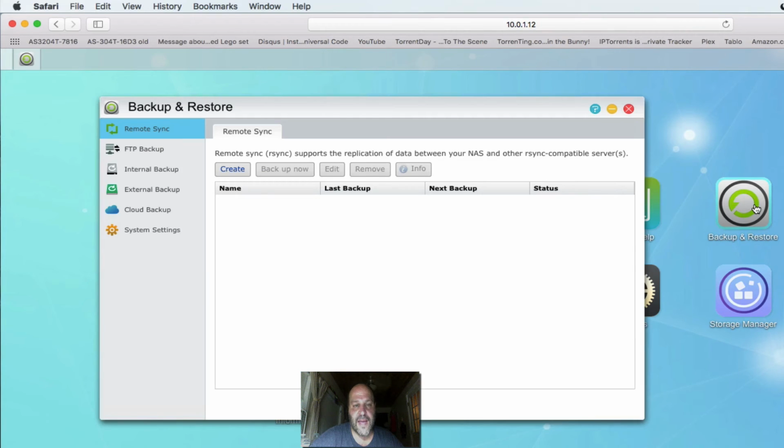Now, speaking of backing up, this says backup and restore. This is a way to restore from a drive. You can use remote sync, so NAS to NAS, from local to a distant NAS, or you can have FTP backup, like I said, and you could do internal backup, so you can go from file to file inside the NAS, and then you have external backup, where you hook up a hard drive to the NAS